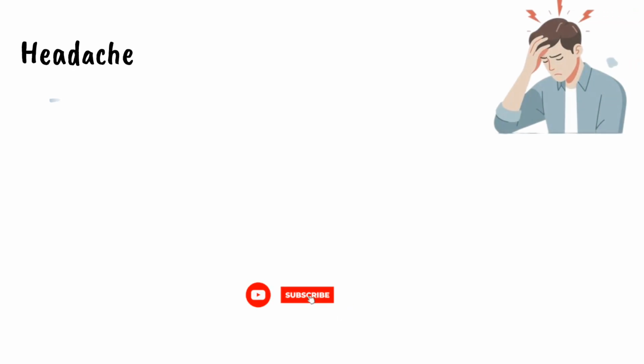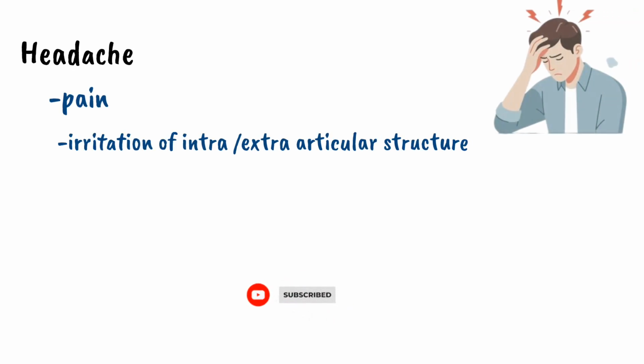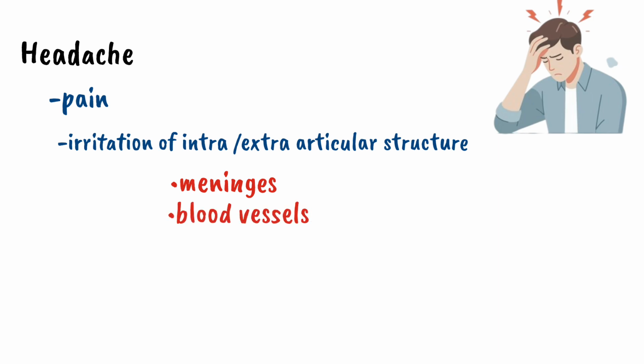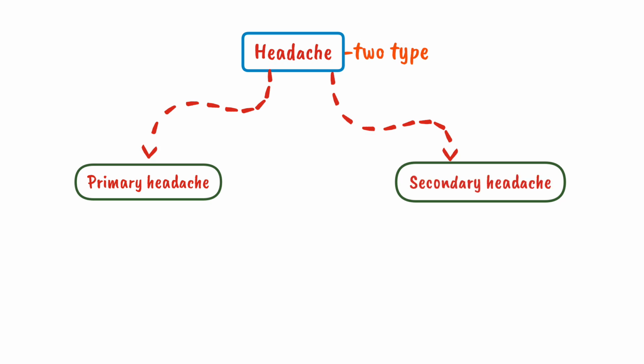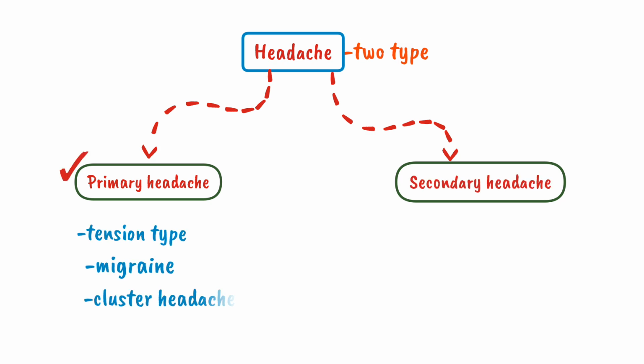Headache is pain due to irritation of intra or extracranial structures such as meninges or blood vessels. The headache is divided into two types, primary headache and secondary headache. The primary headache includes tension type, migraine and cluster headache, while the secondary headache means headache which is produced as a